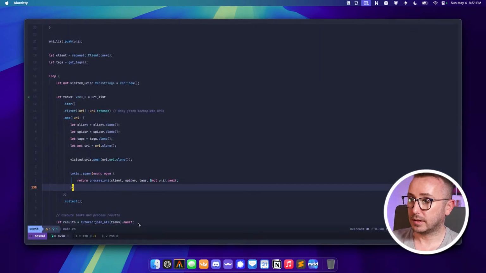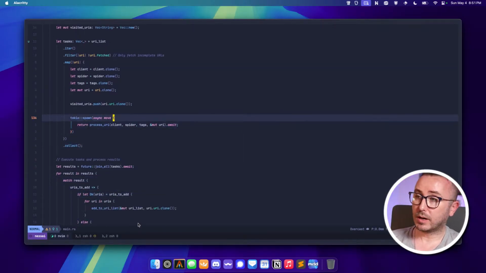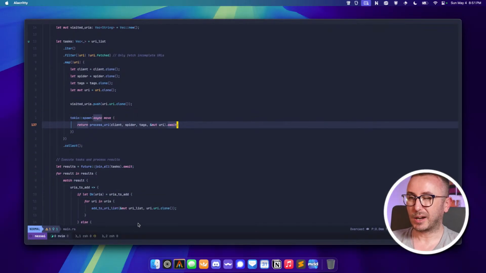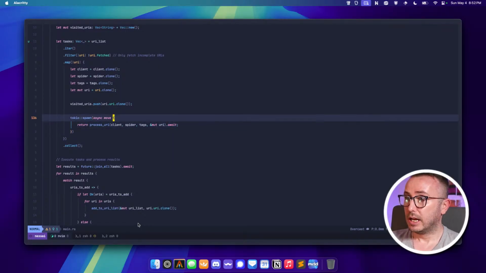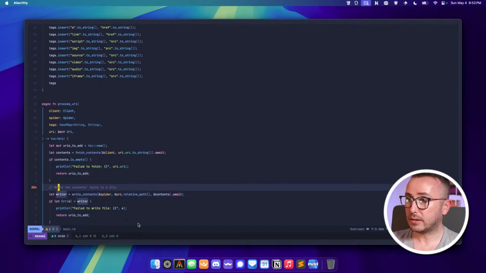I don't need to save that. What I've done is extract the entire processing of each URI, which is the fetching and saving, into this Tokio spawn. If we go to process URI, you can see down here